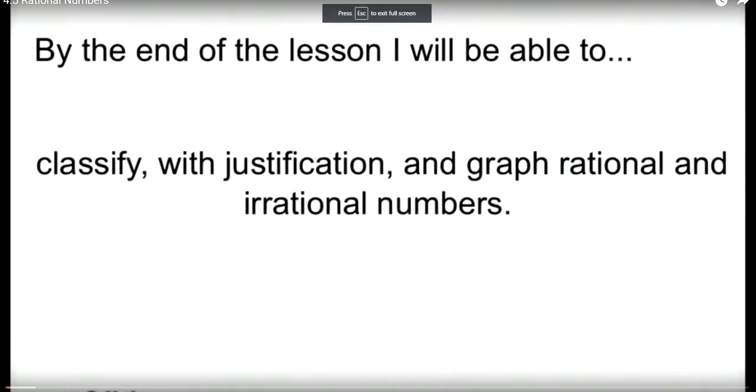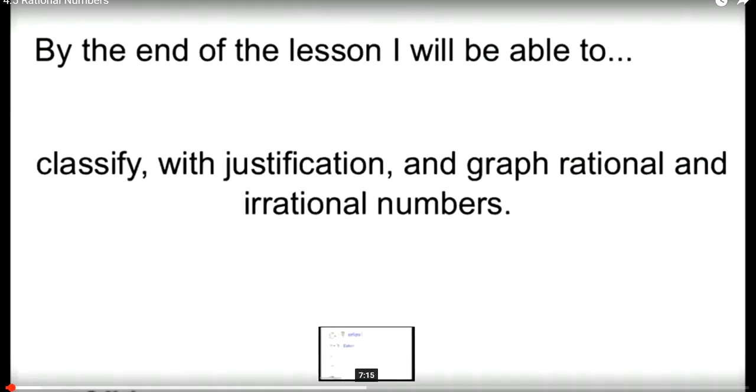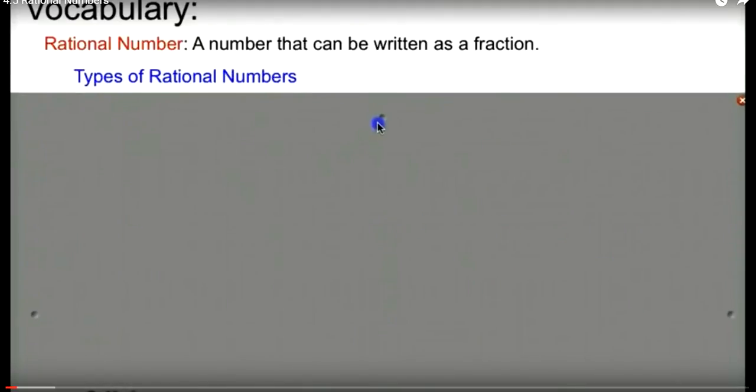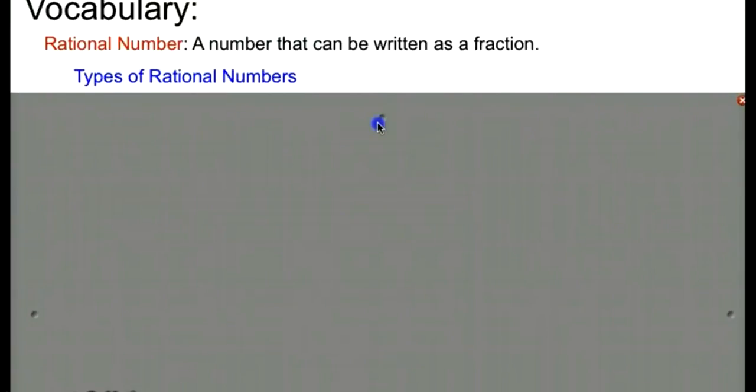By the end of the lesson, I will be able to classify with justification and graph rational and irrational numbers. Vocabulary. The first vocabulary word is a rational number, a number that can be written as a fraction or a